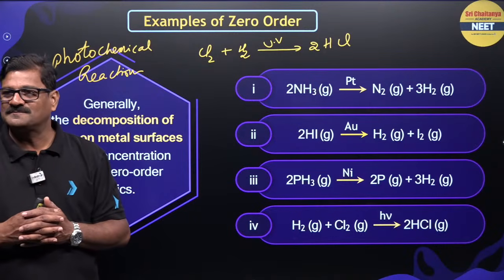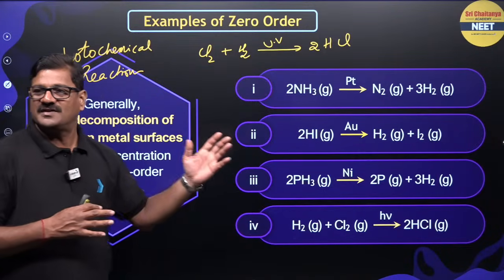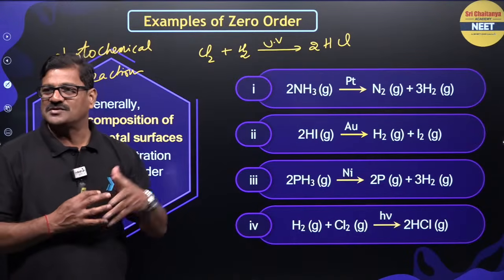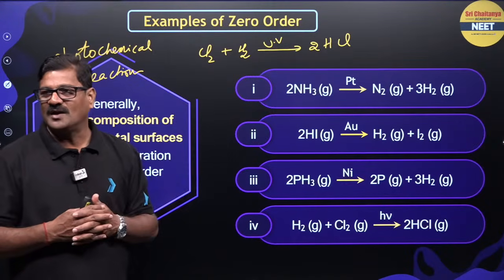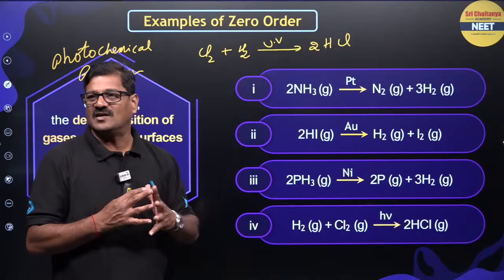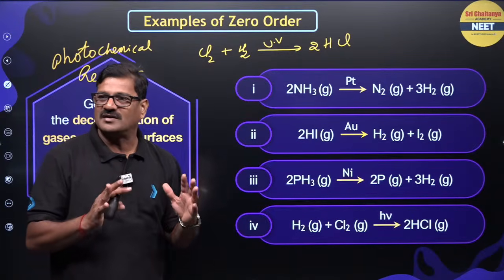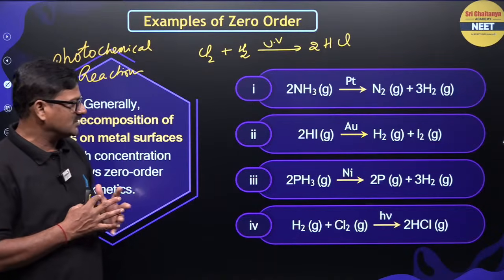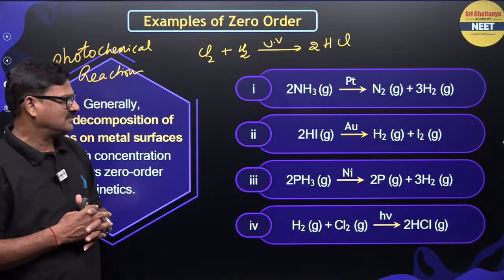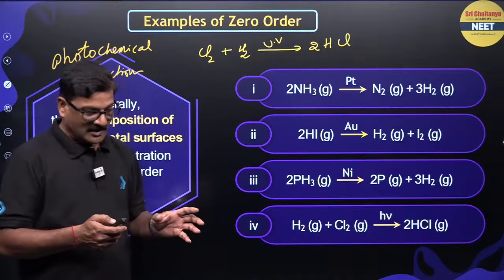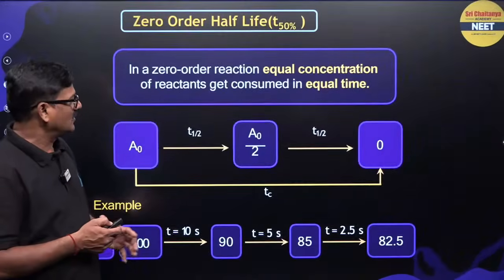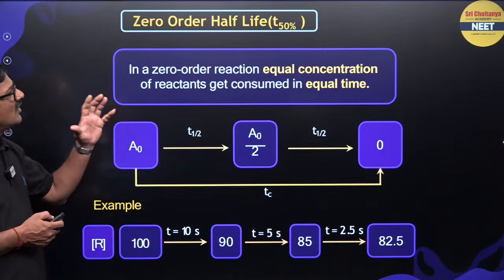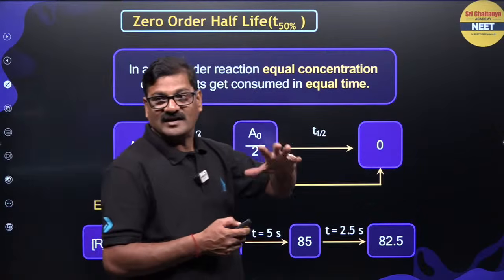Understand? Clear? Decomposition of HI on gold, decomposition of ammonia on platinum, and decomposition of PH3 on nickel. All photochemical reactions are zero order reactions. H2 plus Cl2 gives us 2 HCl. Okay? And before going for the first order, so zero order half life कैसे calculate करो